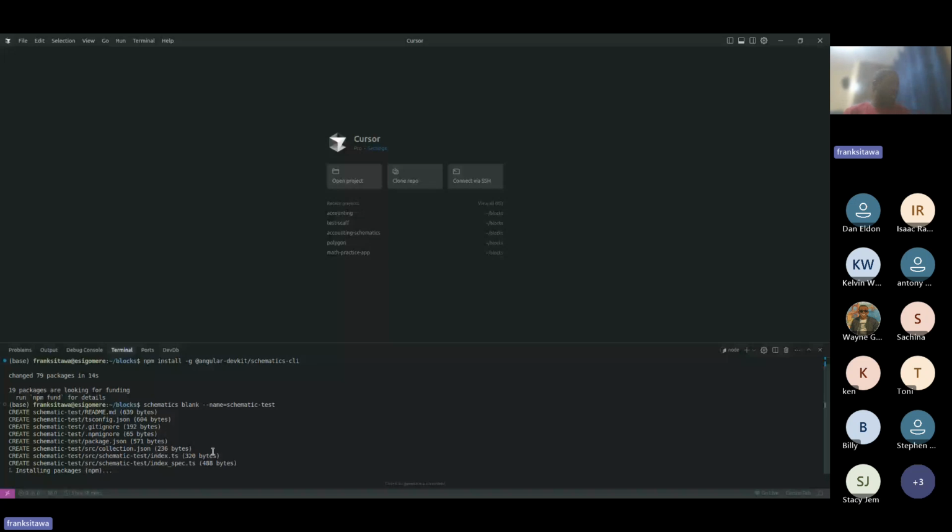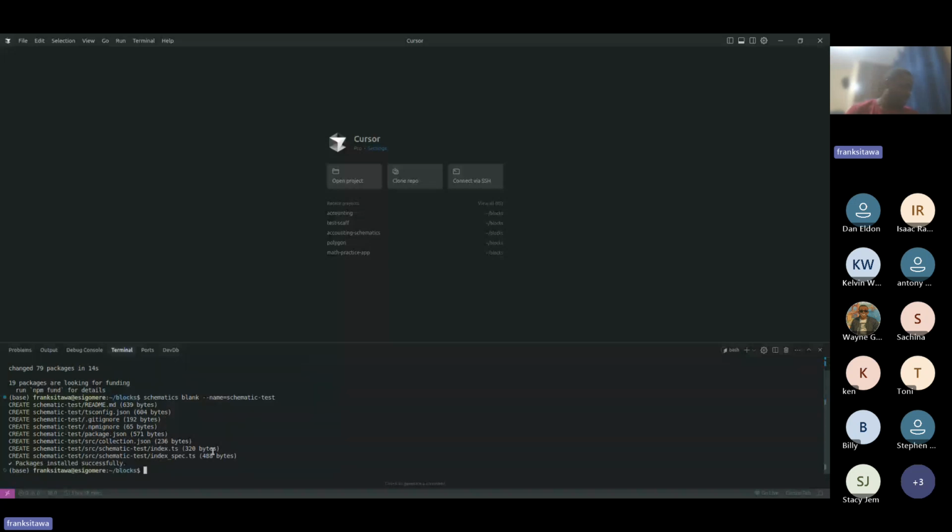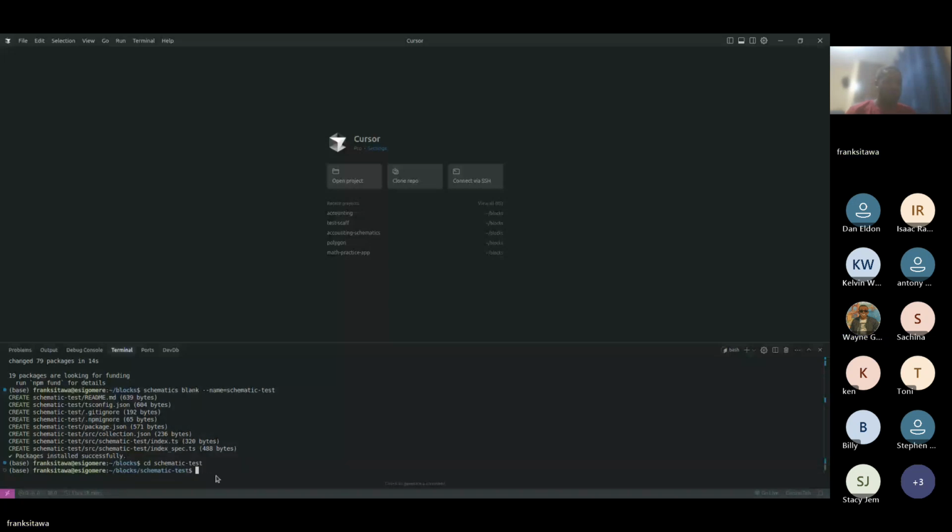So it will generate the bare bones schematic, and it will also install the packages needed. So we can cd to schematic. I hope you are seeing my screen. Yes. Okay, thank you. So once we are in that, let me just